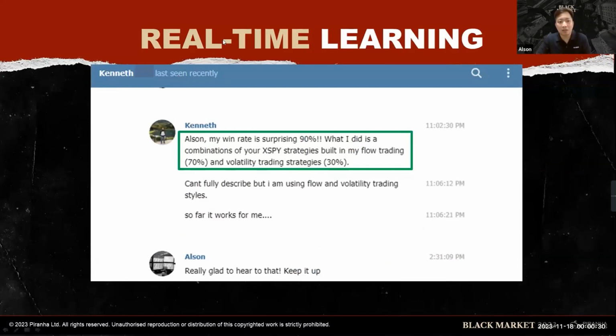Kenneth here, one of my students, combined SPY or PAM strategies, price action manipulation strategies, with a flow trading and volatility trading strategy, which is options. In fact, I think about 30-40% of my students also know options. I personally use options about 5% of the time, and about 95% of the time I just trade outright. How it will help you when you're using options is that, let's say today you see a bull trap pattern or an advanced price action manipulation strategy that tells you the market is going to crash.